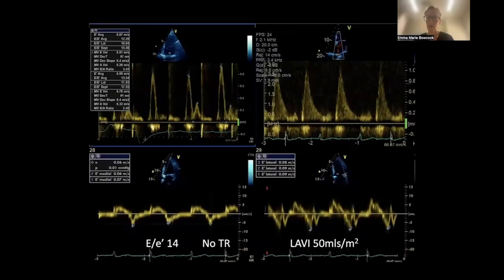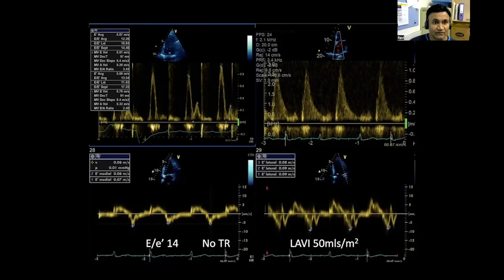Yeah. All right, Ravi, these are the Doppler profiles. Maybe start here again and we'll work our way around clockwise. Okay, so the left top is the pulse wave Doppler at the tip of the mitral valves, and it shows E to A ratio, let me see, more than 2. So that's like a restrictive pattern. So it would be grade 3